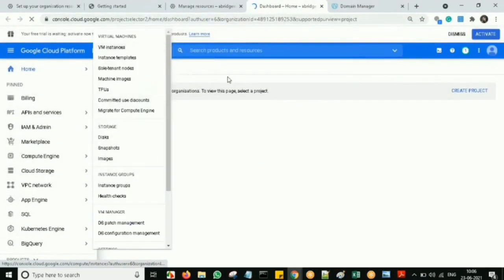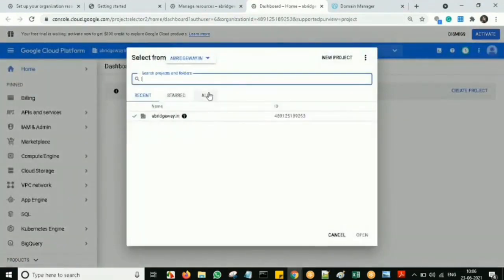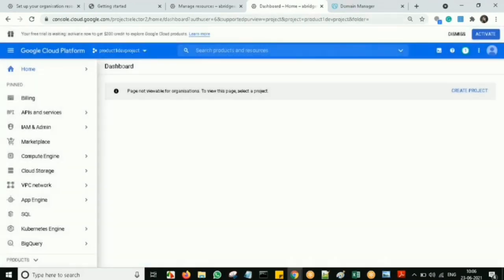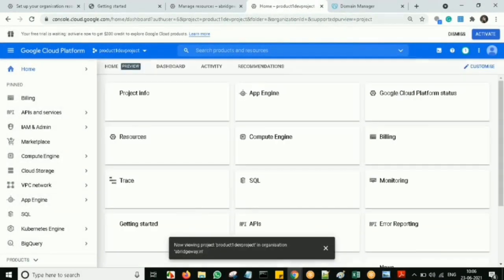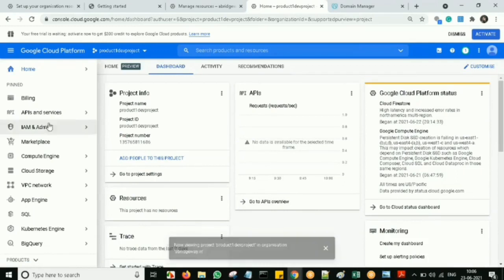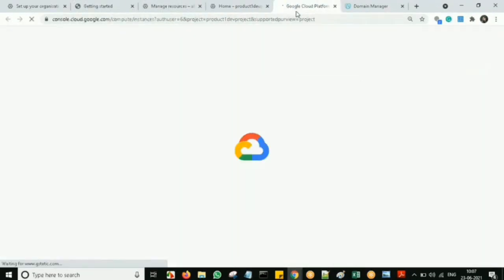Okay. So see, now I'll go for selecting the project. I come to the all. There I have product one. Under product one, I have the dev environment. Under the dev environment, I have the project, right? I'll click on this project. Into this project, I can view the project, but I don't have any resource. Like the dashboard we used in our previous session, the same way. Now if you try to enable any resource, I'll show you. If I go for create a VM instance, then it will ask you to have billing.